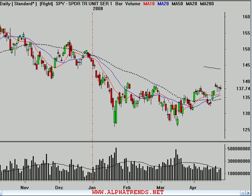The market has closed. The S&P 500 finished today with a loss of 20 cents, or about 0.15%. You can see that the market continues to consolidate underneath the important level of resistance at 140, and it's looking a lot like a bullish-looking flag in here, really. If you look at this recent activity after this big run-up, if that's the case, then it would suggest a